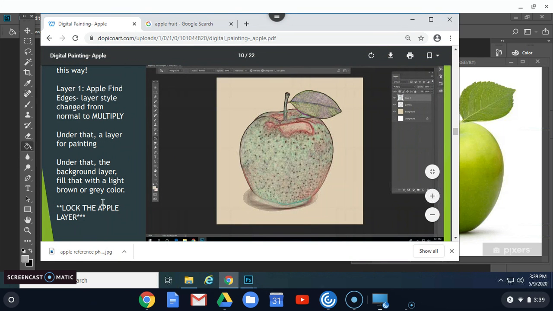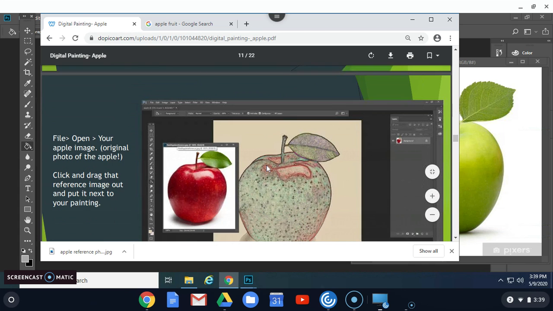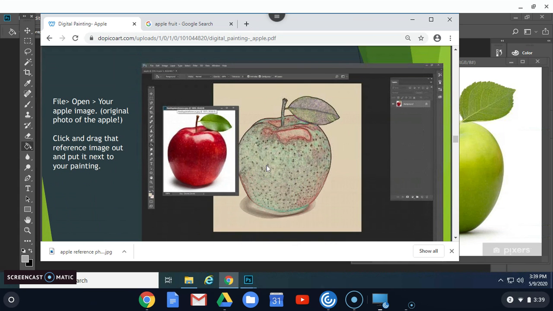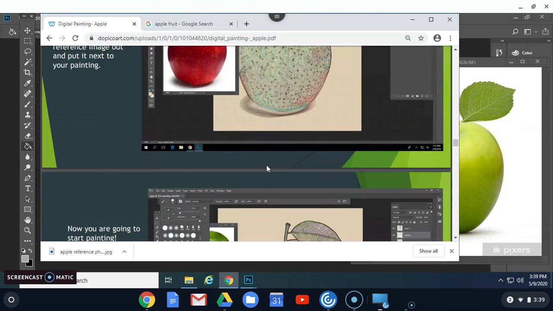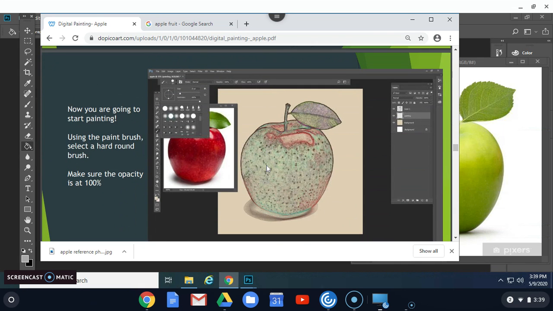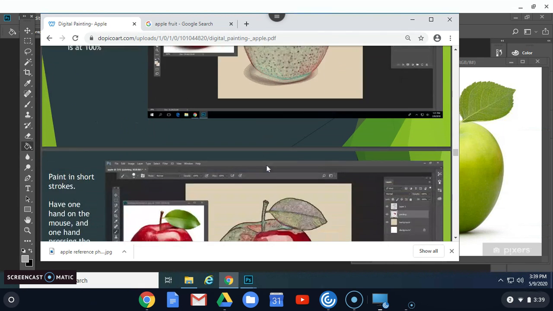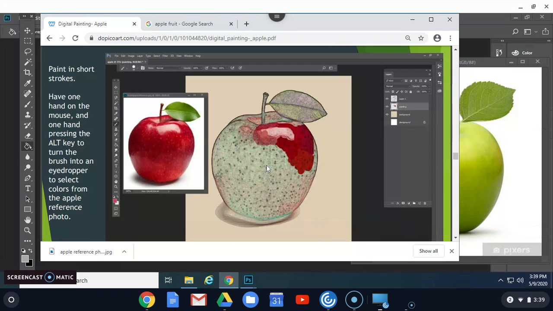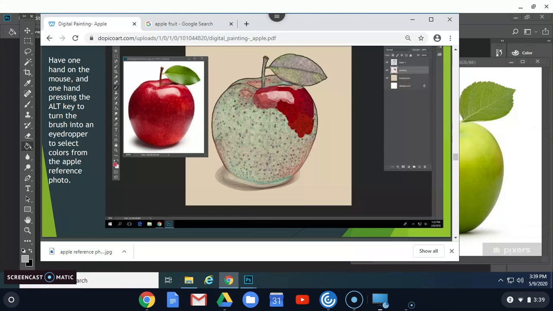confirm with your files that it's set up like this. Okay, this is what we are going for. All right, like so. In the next tutorial, in the next video, I'm going to show you how to actually paint. But this tutorial was showing you how to access Photoshop, and then the next one had an